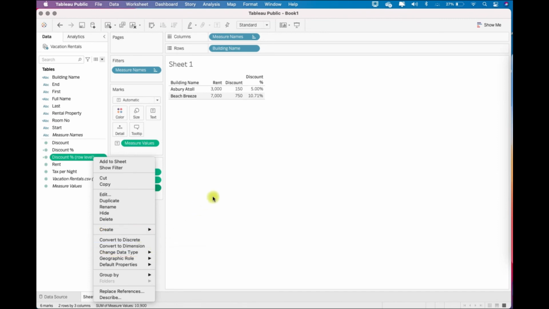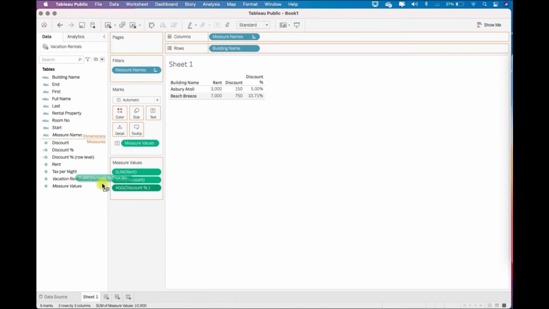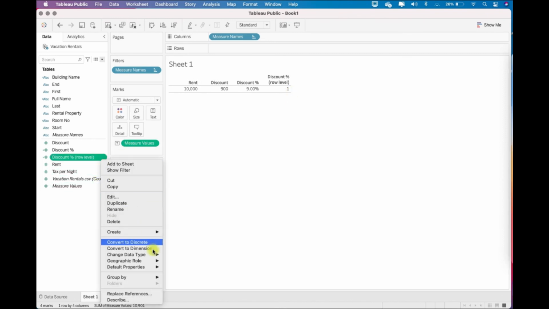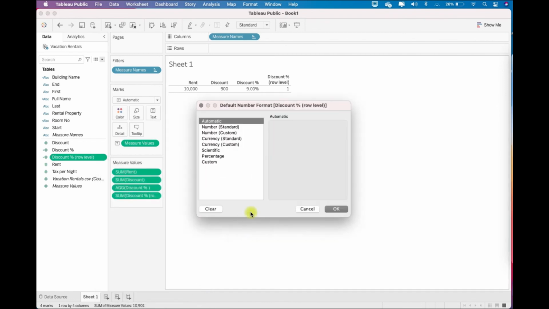Now just let me drag this here and let me get it for the overall table, and let me expand this. And also I'll have to change the format to percentage for this also.